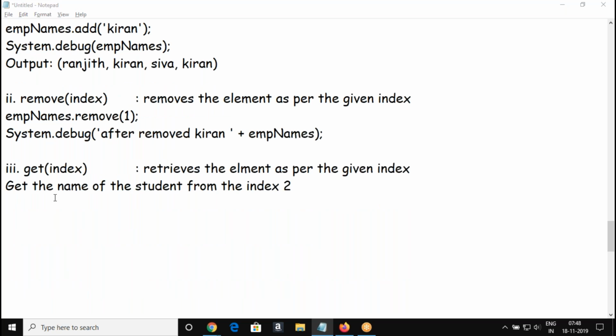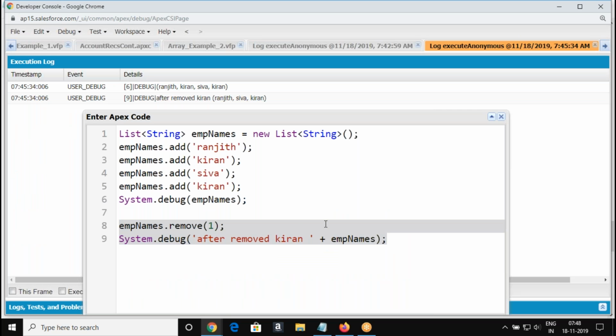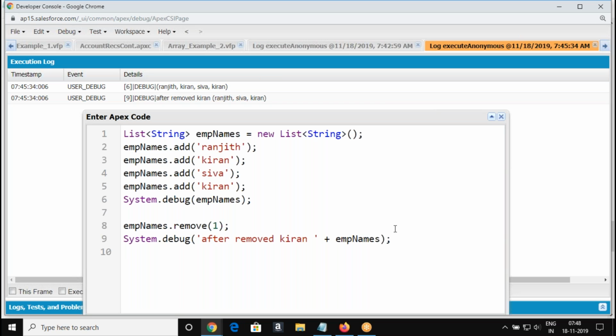So what we will do is names dot get, index 2. So what is going to return? It is going to return the element, right? I can store it like this.